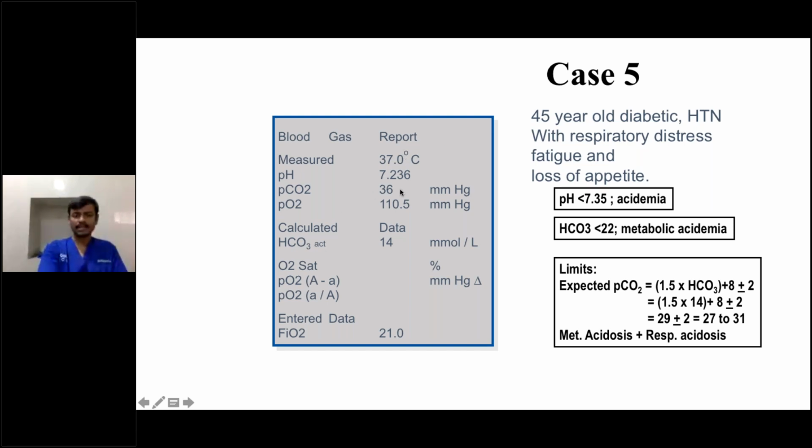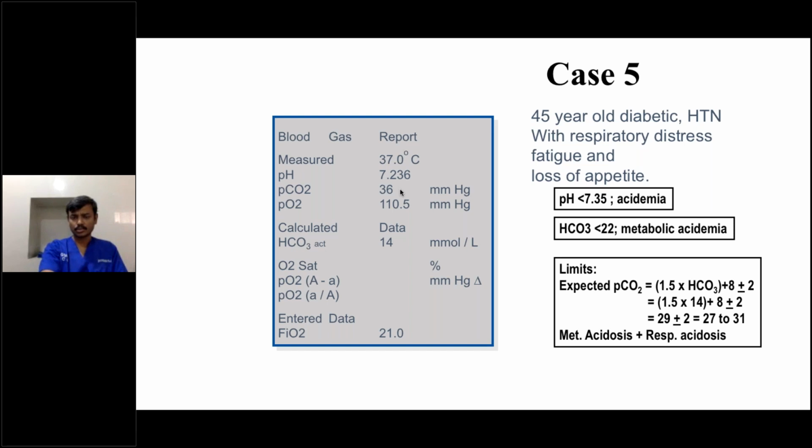If the patient is worsening in CO2 in spite of your treatment, then you may require ventilation also, because retaining carbon dioxide is fatiguing. In spite of your management, if the patient is retaining CO2, it means he is not able to compensate for the metabolic acidosis. He is retaining more and more carbon dioxide and getting fatigued, so we have to intubate this patient. That's the importance of understanding ABG. Once you know it is metabolic acidosis, look at whether the compensation is adequate or not. If it is not adequate, if carbon dioxide is very high, then that is the case for intubation. The patient is getting fatigued.